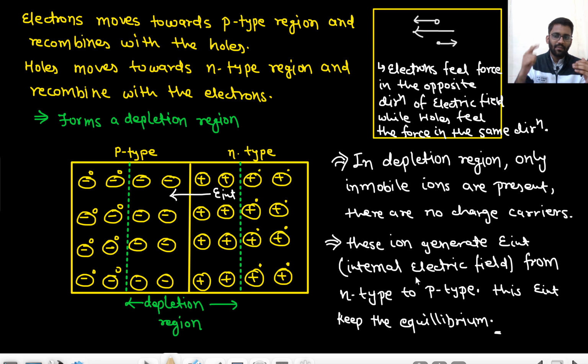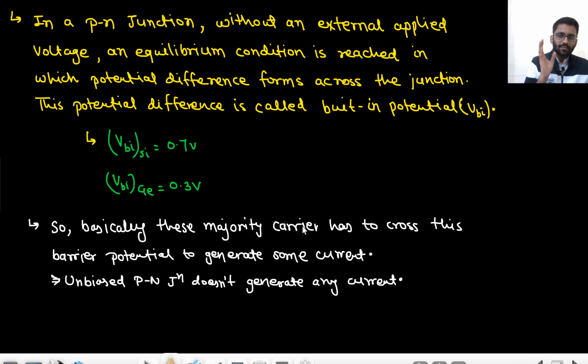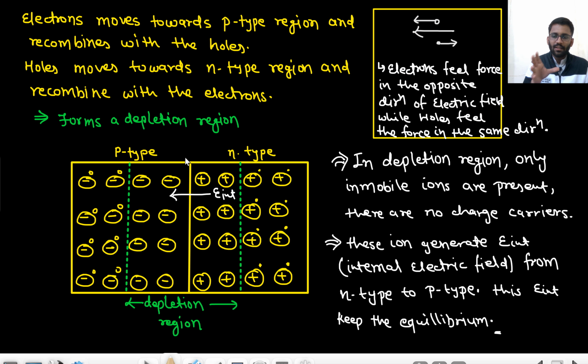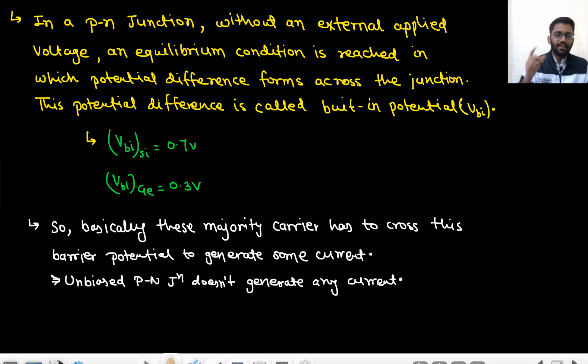Now this electric field will generate a force on the electron in the opposite direction. That means the electron will remain there as it is, and holes will feel the force in the same direction, so holes will remain there as it is. So an equilibrium condition is reached, and because of this diffusion of electrons and holes, a potential difference is created, and that potential difference is